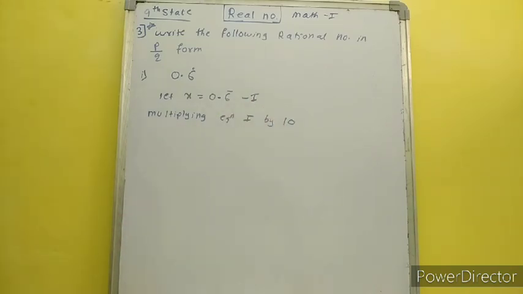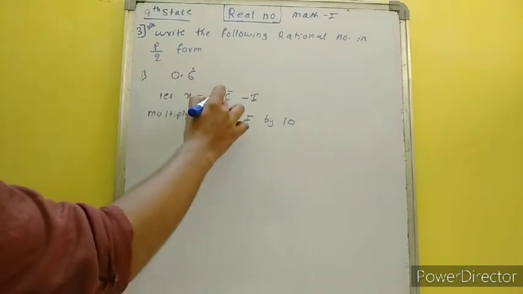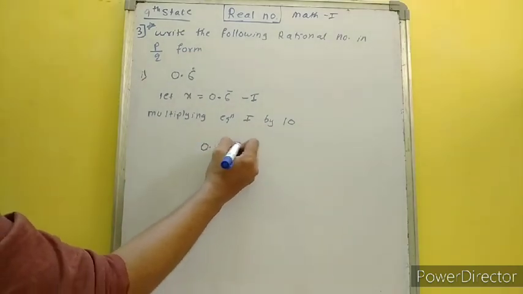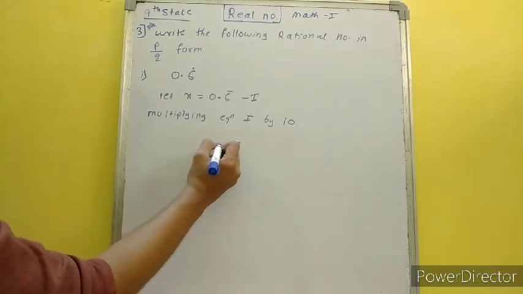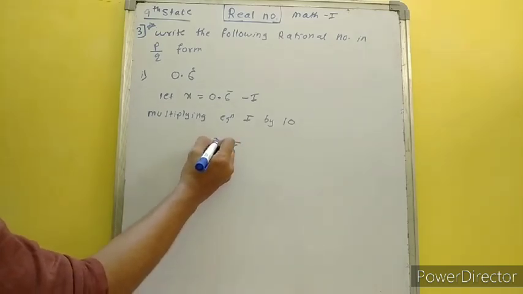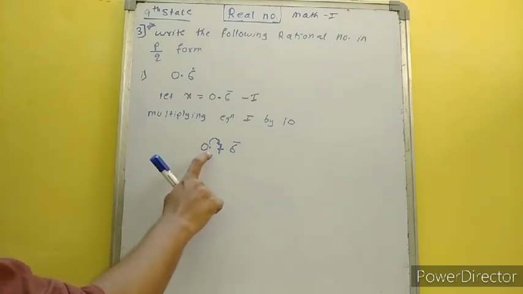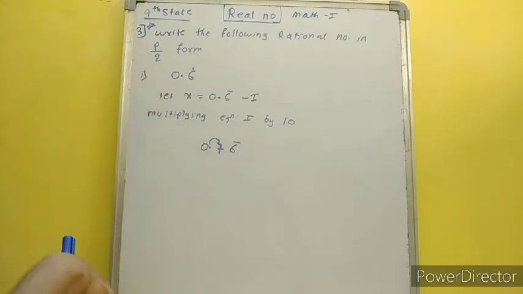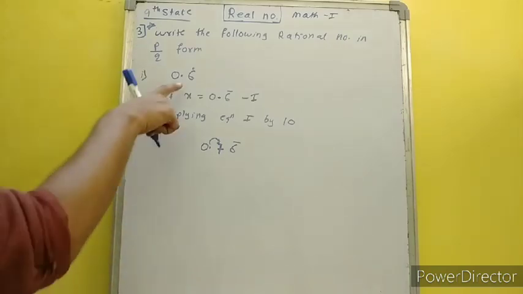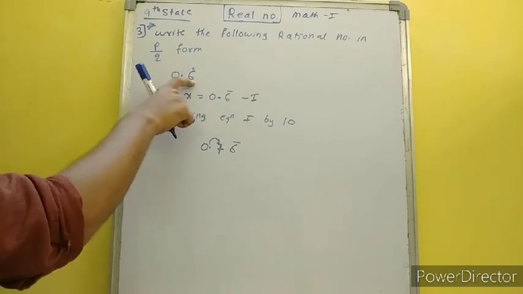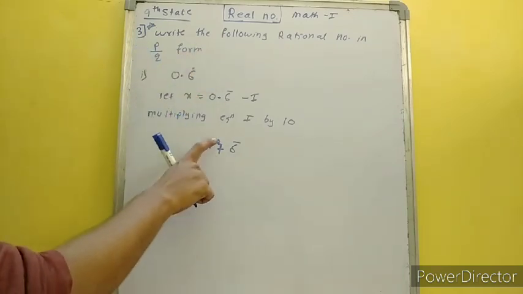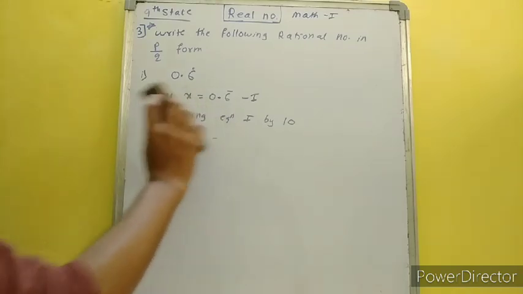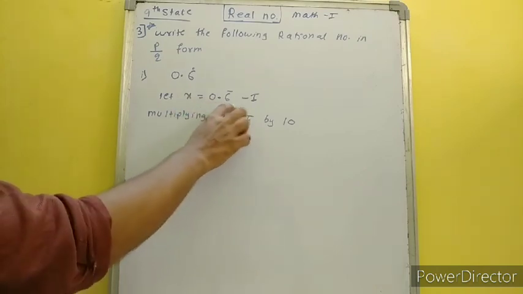And you also need to take care that the number exactly after the decimal is getting repeated. It should not be like this, 0.76 with only 6 recurring. So the number right after the decimal point should repeat, and then we can solve like I am telling you now. You can see that the number after the decimal point, that is 6, is getting repeated. Over here, the number after the decimal point, 7, is not getting repeated. So this sum we will not be able to do directly like this.